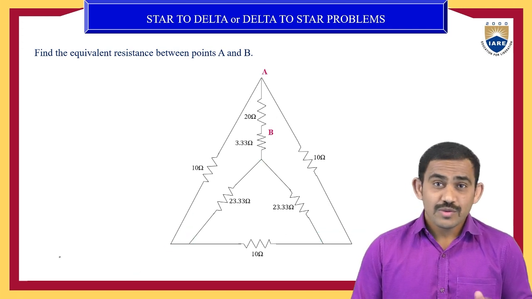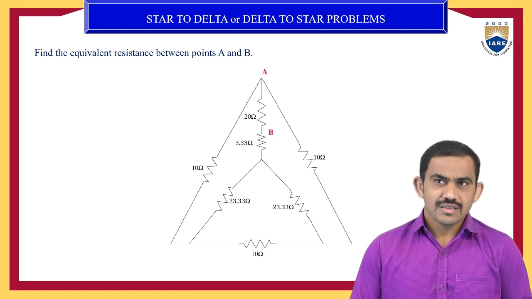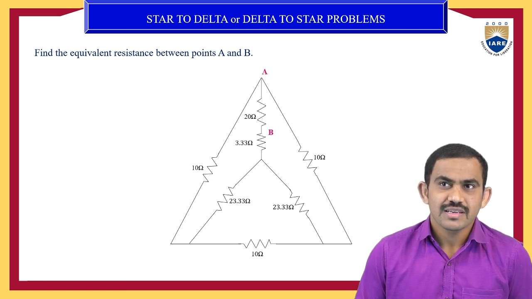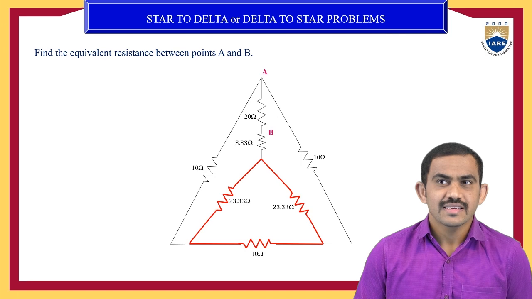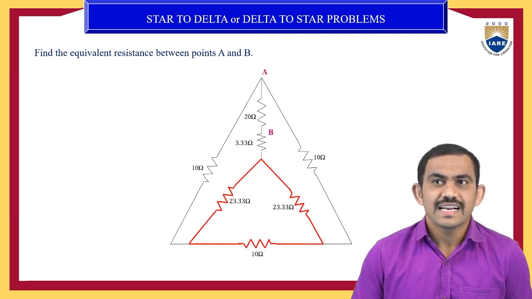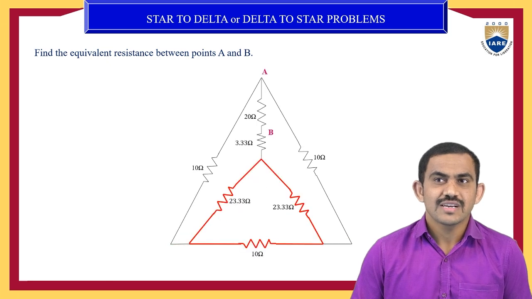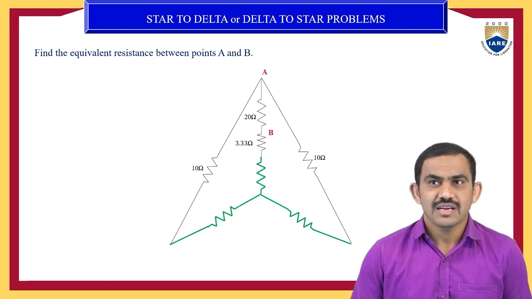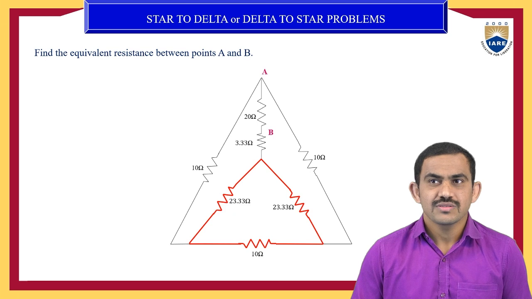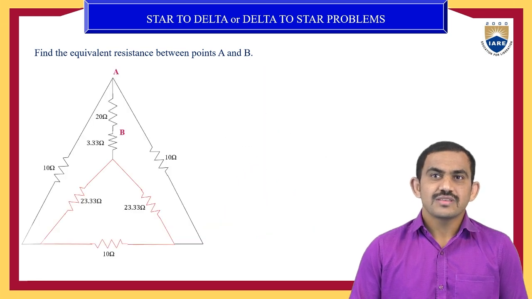Now we'll go for one more technique, that is star to delta, delta to star. Do we have any technique? Yes, we have the technique, that is delta again. So again we have the delta. In this circuit we have a delta network. Just clearly you can see this is your delta network. Then you will convert it again to star. So this is your delta network converted to star. Delta to star.